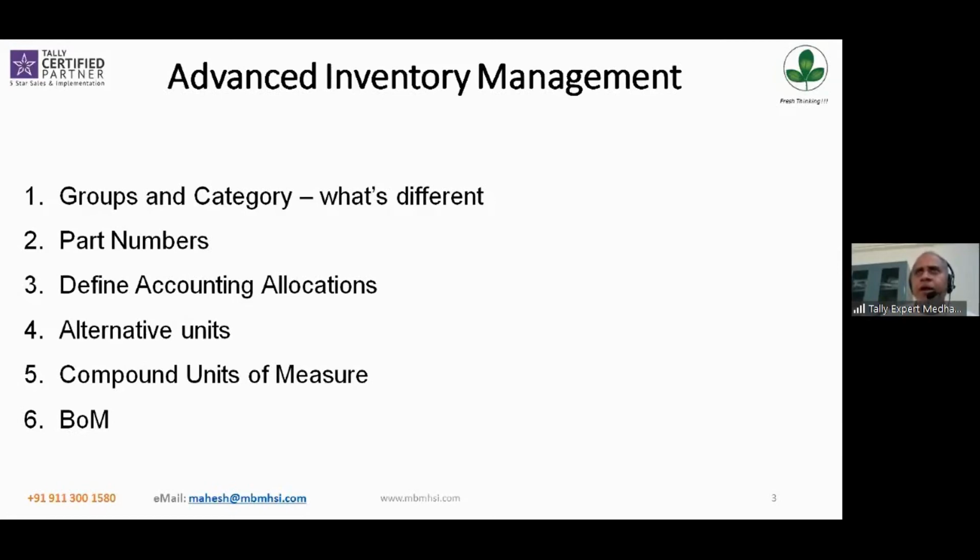We buy in bulk and sell in loose. Most of the retailers do that. Say example, let me just take Parle-G. I'm a retailer. I buy from my distributor. My distributor is selling only on carton basis. He doesn't sell in packets. He will say, boss, if you want, take one carton, get out of here. But I'm a retail store. I cannot sell in cartons. My customers don't buy in carton. They want to buy only small packs.